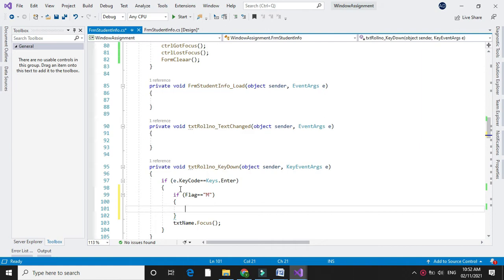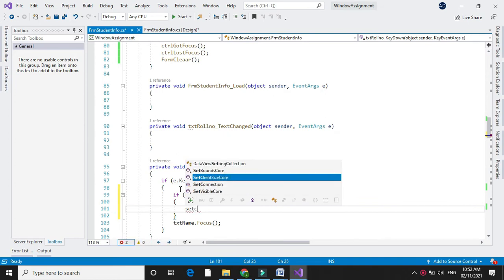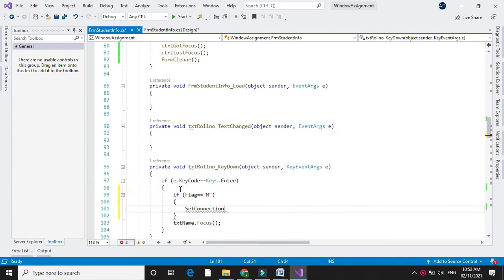So we will open the connection first using set connection method.